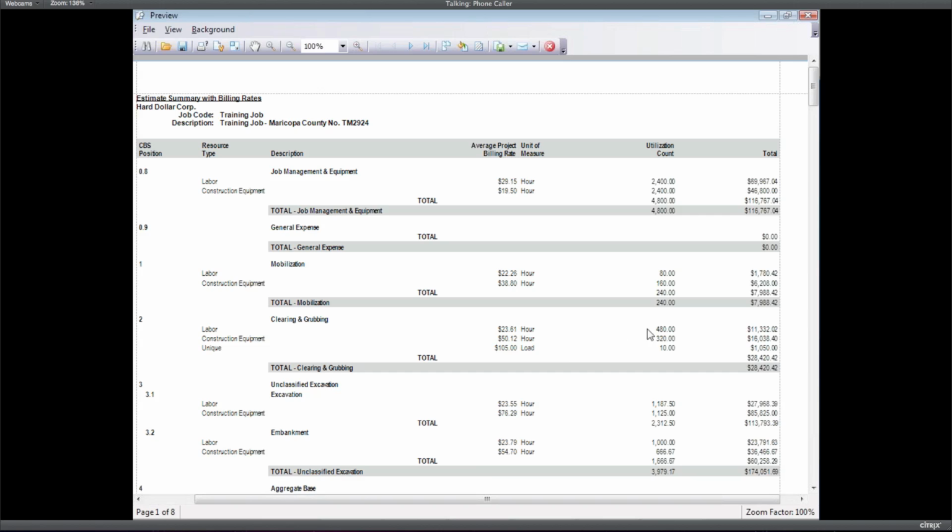Okay, in the labor category, we're showing it's 480 hours in this clearing and grubbing section. But in this summary version, we're not showing you how much of that was an operator, a carpenter, a finisher, etc. We're just giving you the total 480 labor hours. Any idea where that rate came from? The library? From the library? Okay, so this rate, since we've totaled up all the hours of this labor,